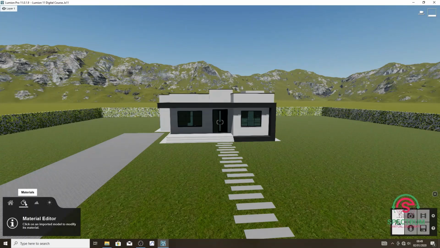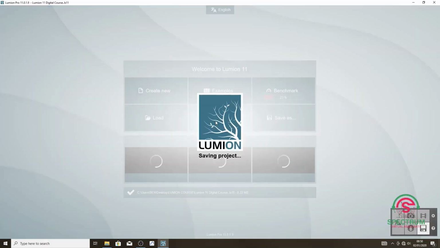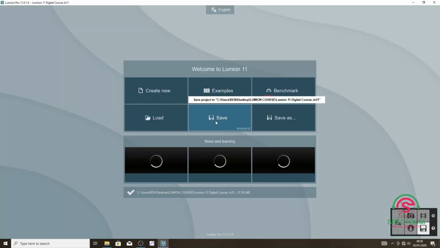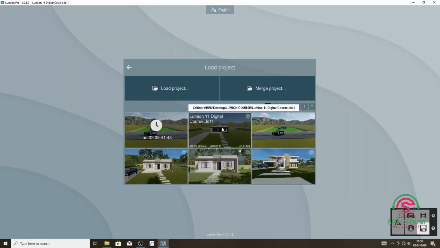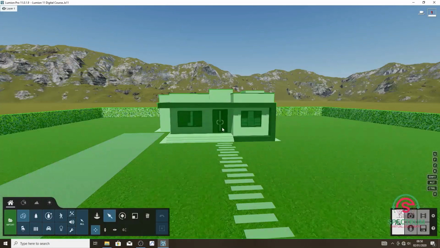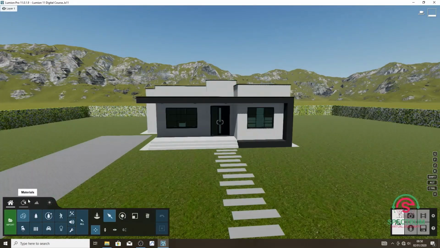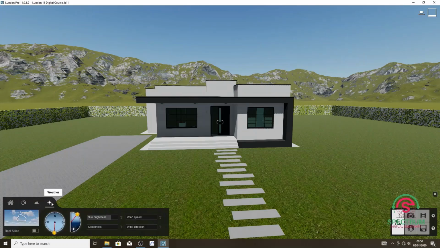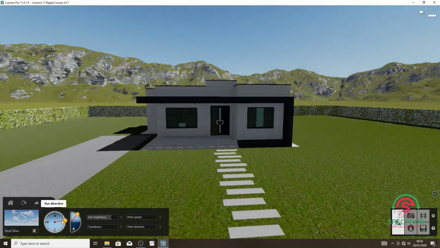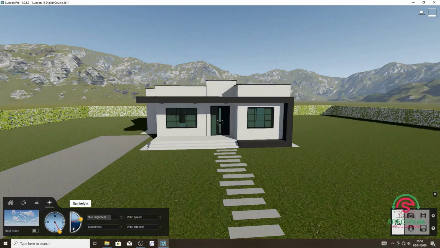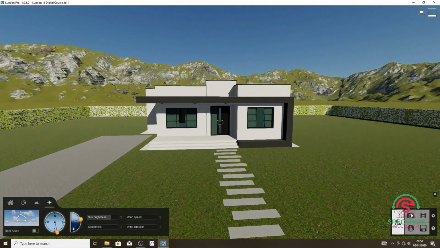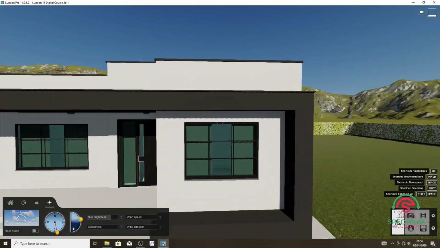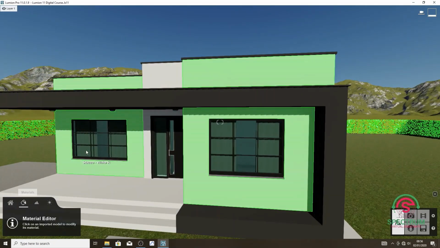Click on our material. Let's zoom into our building. Let's first save our project progress so far. Click on that and load your project. Zoom into our project. Make this simple adjustment here. Once you zoom into your project,